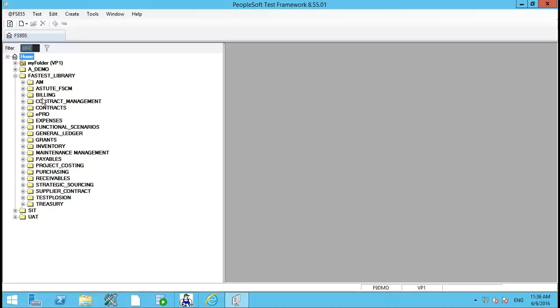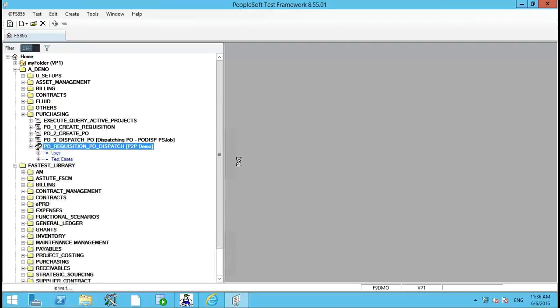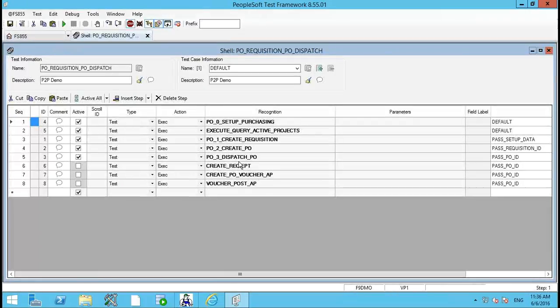So the second level of automation is building such end-to-end scenarios. So let's take a look at one of the examples in purchasing where we have created a simple P2P cycle, and this should demonstrate the capability of PTF and the single-click execution we spoke about.